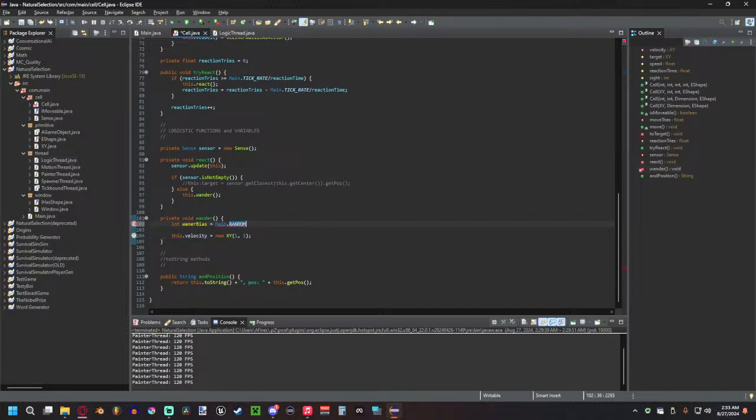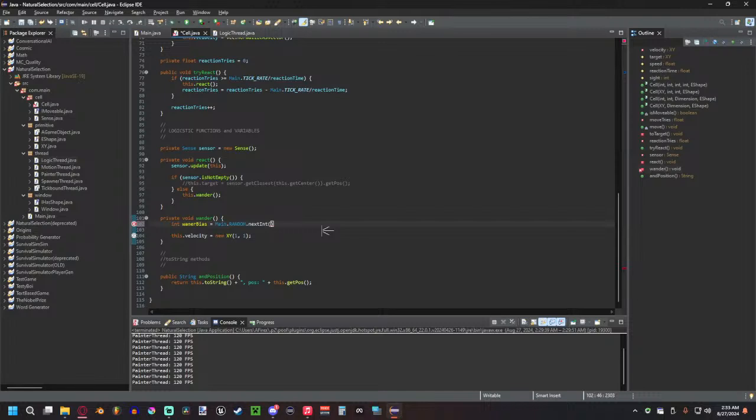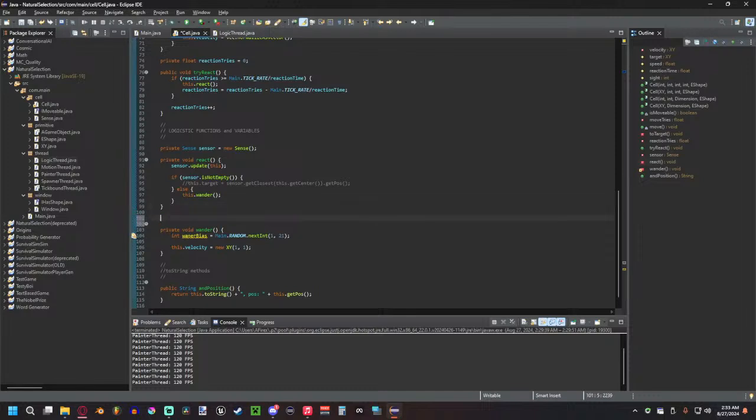Main dot random dot next int between 0 and 100. In good old D&D fashion, we'll make it a 0 to 20 chance, and we're gonna do 21 so that it actually gets numbers between 1 and 20. And then, I keep spelling wander random, and we're going to create